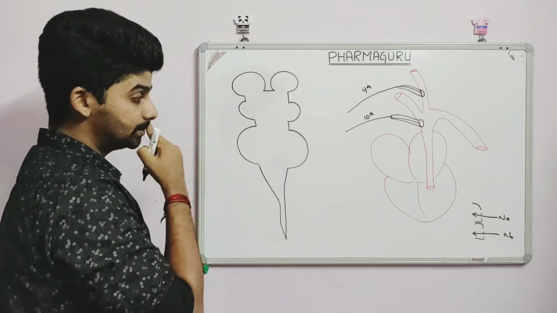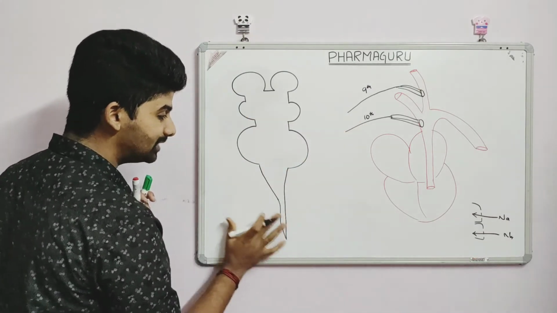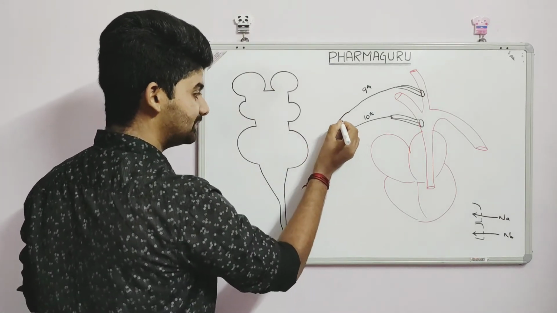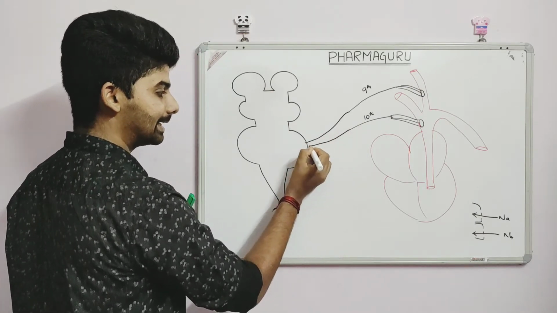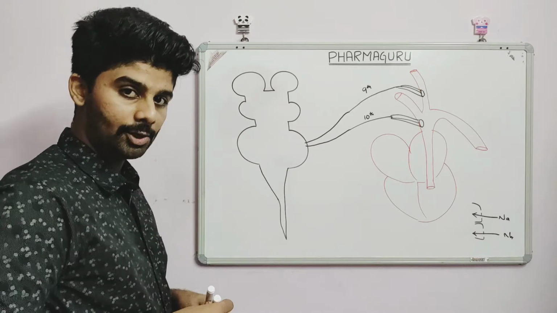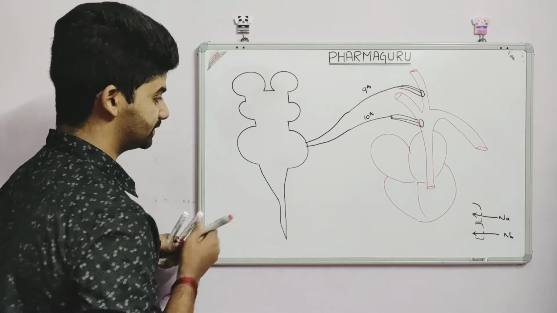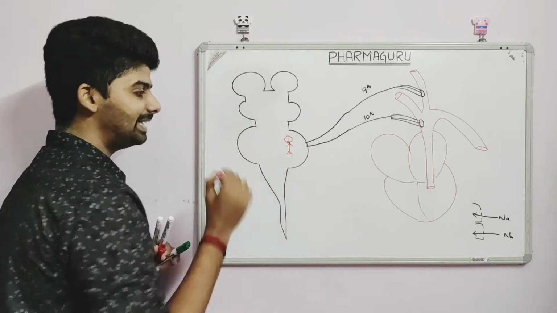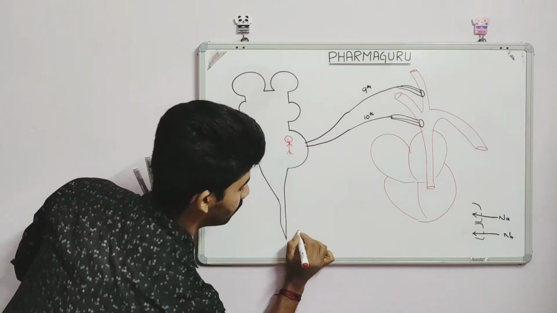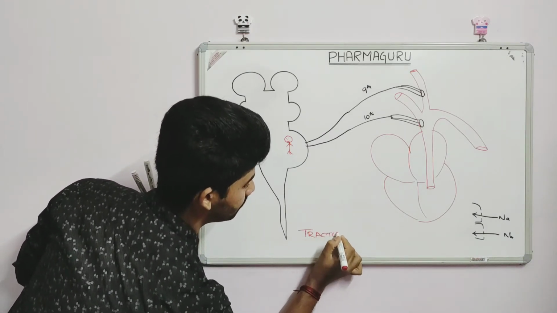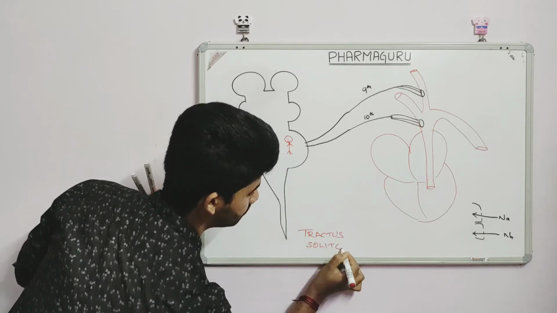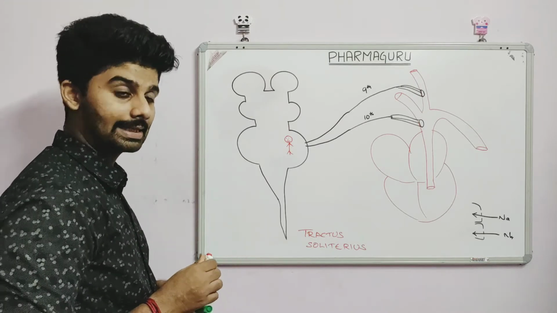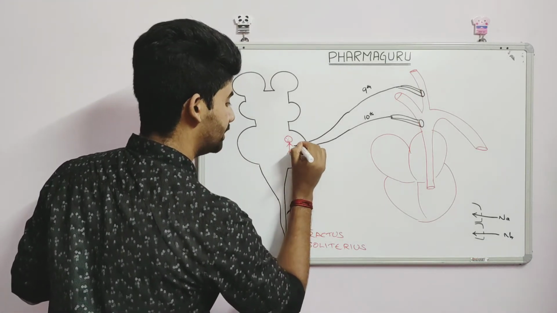the vagus nerve. So this action potential will be carried to the central nervous system, specifically to this part, our medulla. So this action potential will be carried by the 9th and the 10th cranial nerve to the medulla. Inside the medulla we have a specific nucleus, known as the tractus solitarius. So this action potential will be carried by the 9th and the 10th cranial nerve to the tractus solitarius.